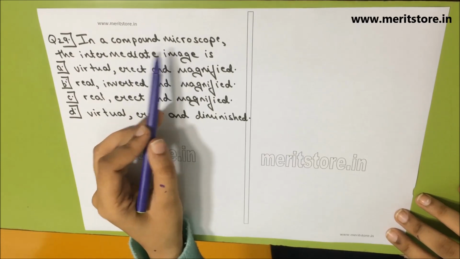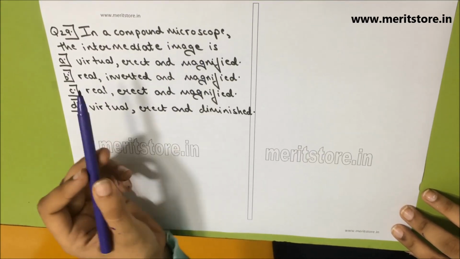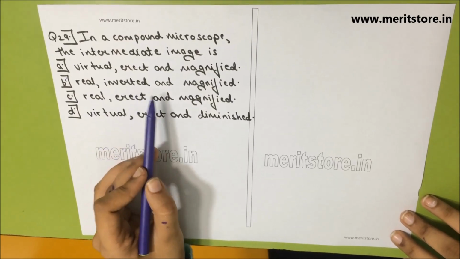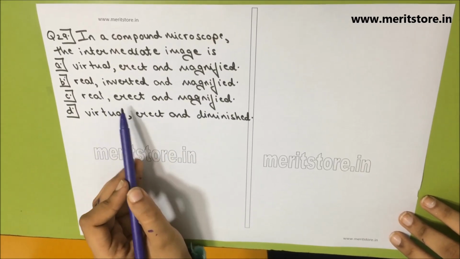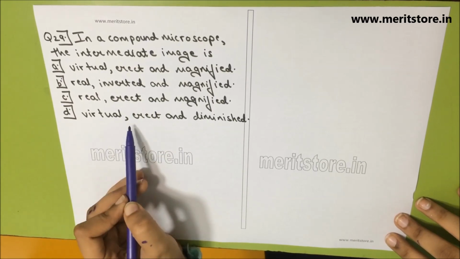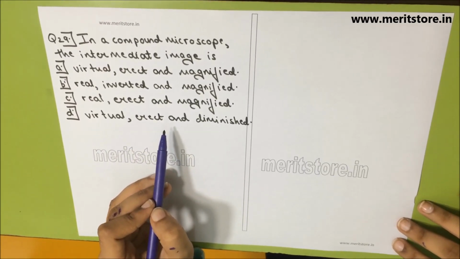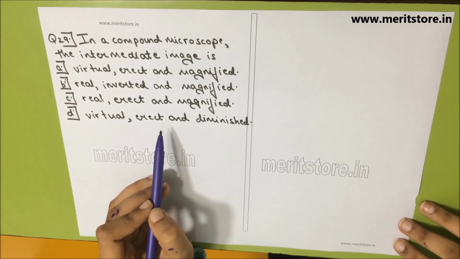Question 29. In a compound microscope, the intermediate image is A. Virtual, erect and magnified, B. Real, inverted and magnified, C. Real, erect and magnified, D. Virtual, erect and diminished. In a compound microscope, the extremely short object is kept just beyond the focal point